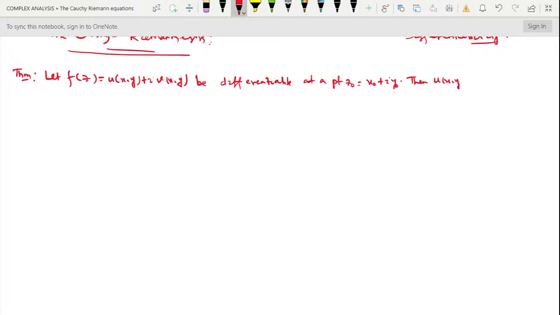Then u(x,y) and v(x,y) have first order partial derivatives,